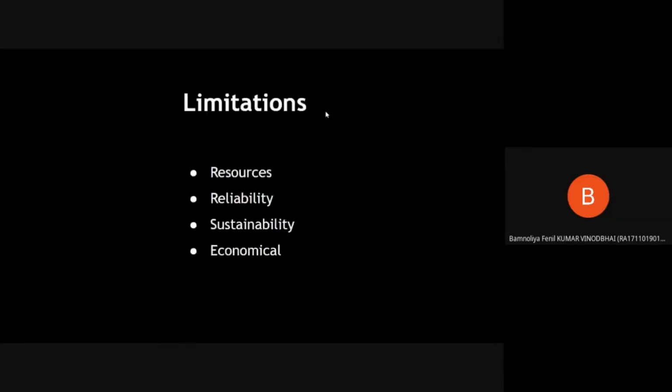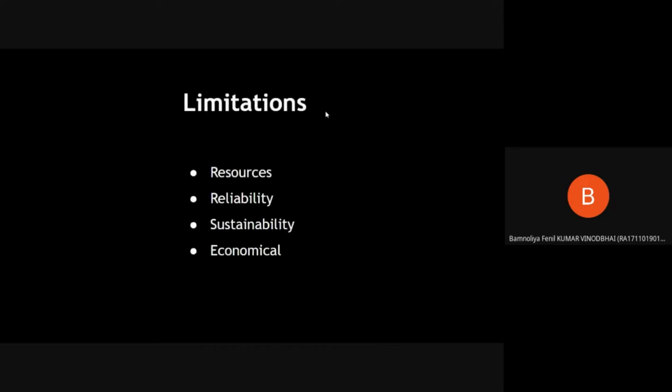Material availability, manufacturing process and budget limitation are the main parts of the resources we consider. How good your product is and how long it can sustain in its life cycle without failing comes under reliability.